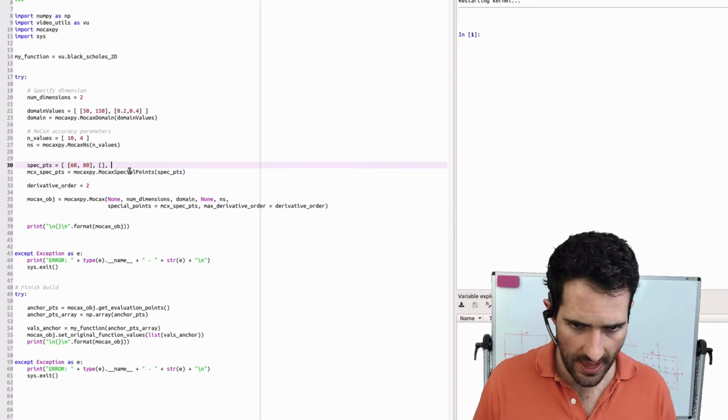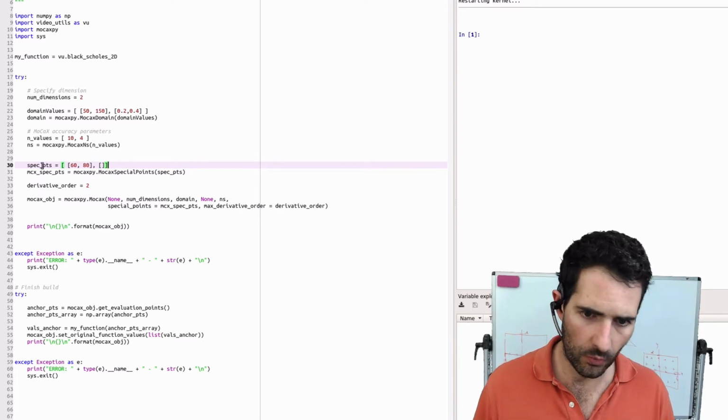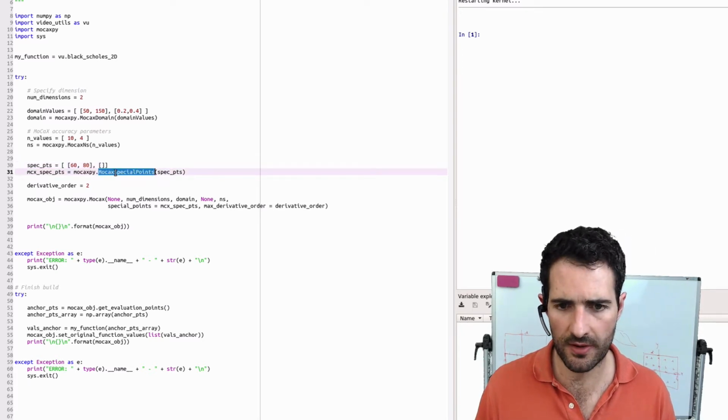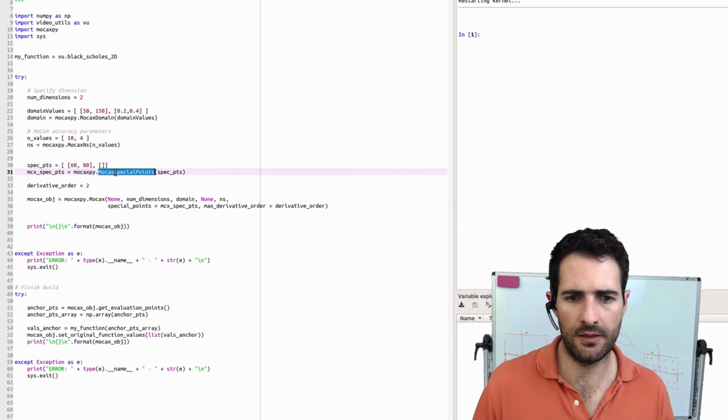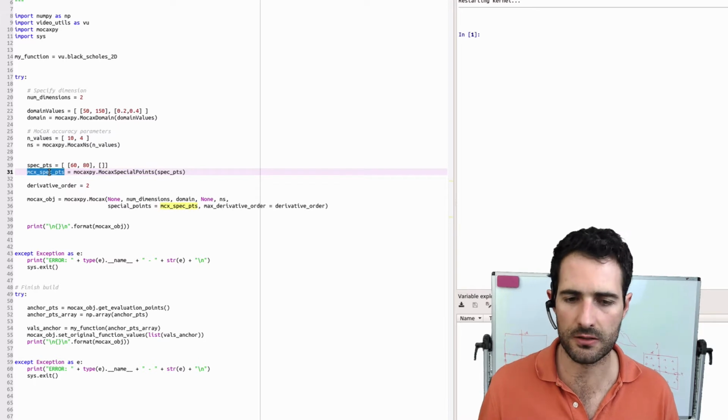Okay, so that takes care of special points. By the way, this list, of course, would need to be passed to the initializer of MoCaX special points, and the object that it returns is the object that then you can pass to the constructor. And the last